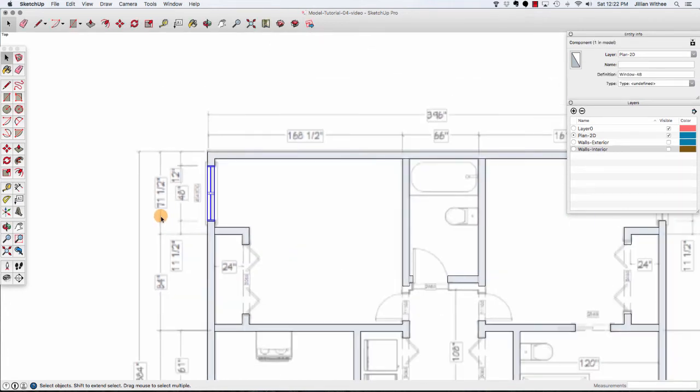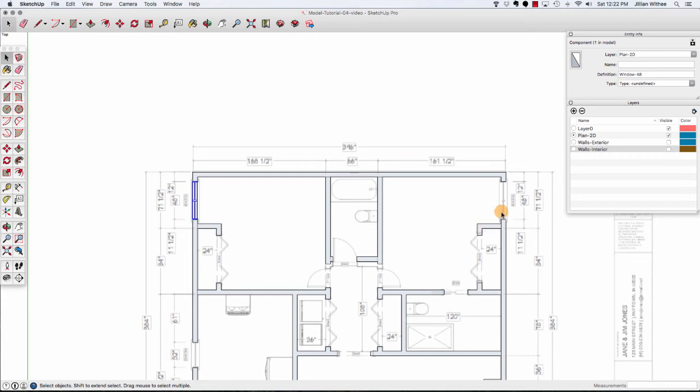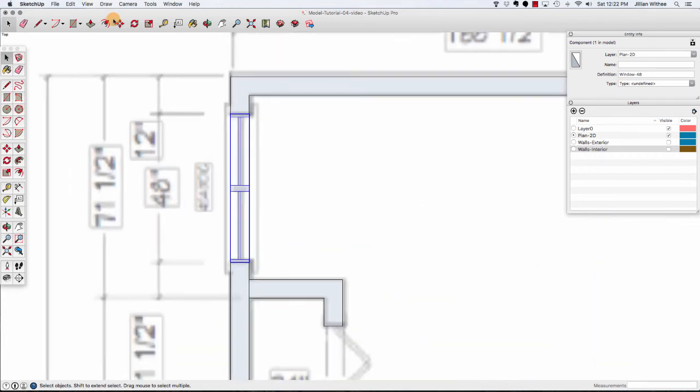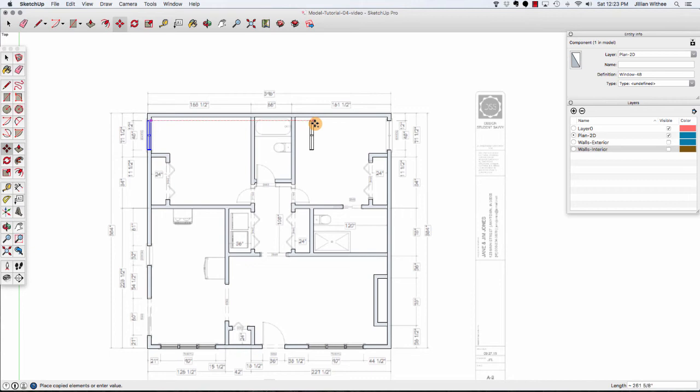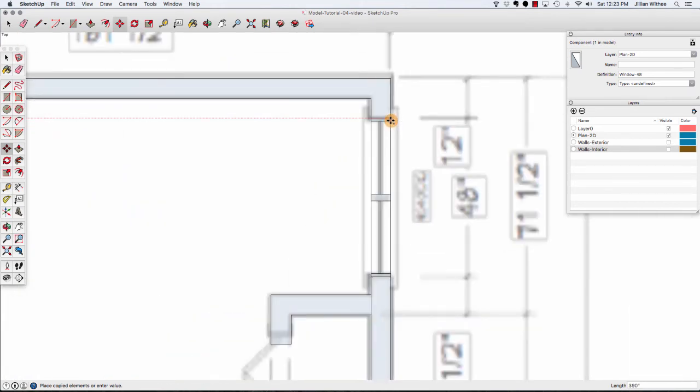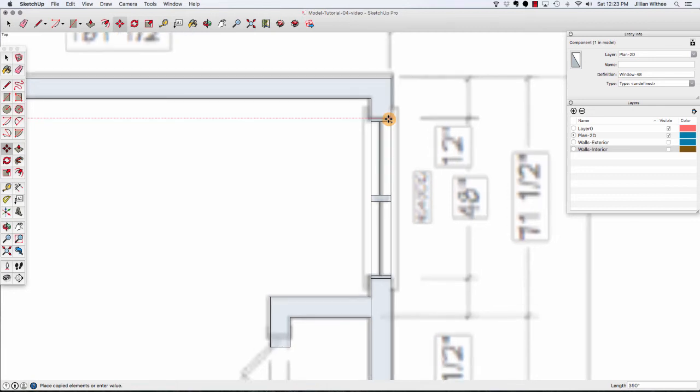And now I want to copy and paste this window over to the opening in the master bedroom. So I am going to use my Move tool, click on a corner while holding down the Alt or the Option button, drag over to the other side, and see I'm clicking on the same corner in the window on the opposite side. Now, because we just pulled this over, the larger sill is facing the exterior instead of facing